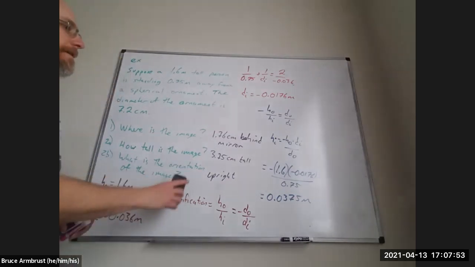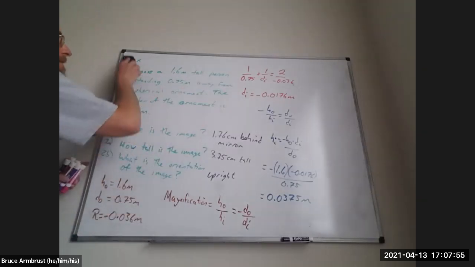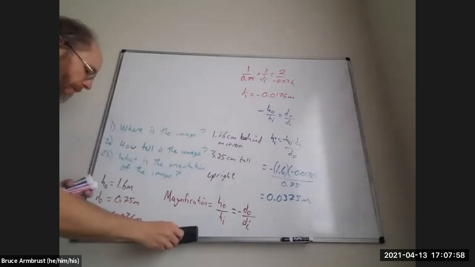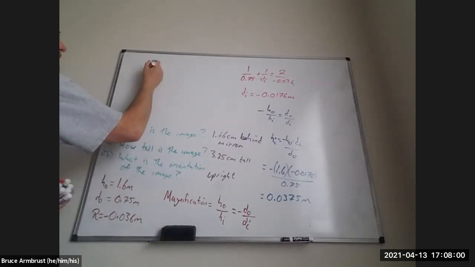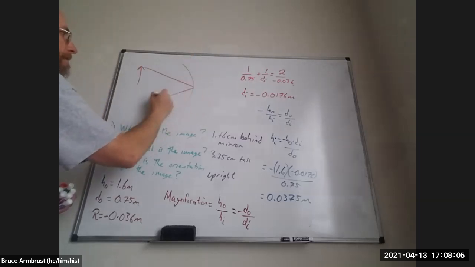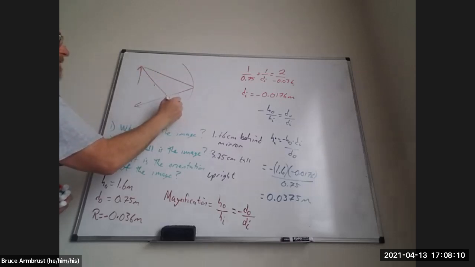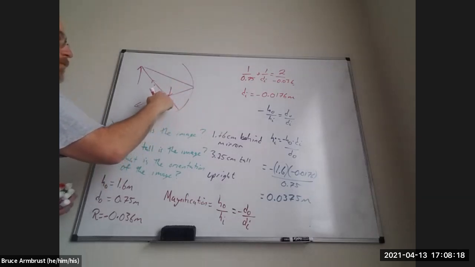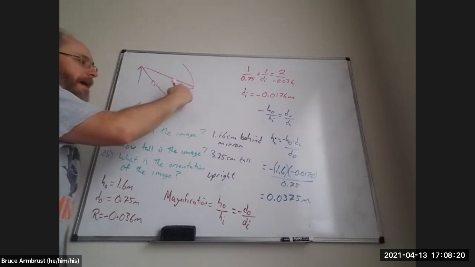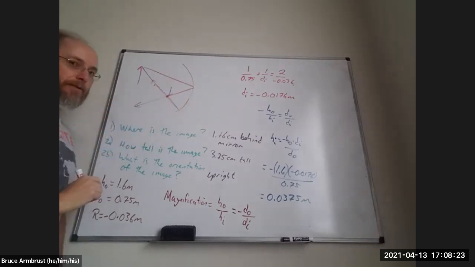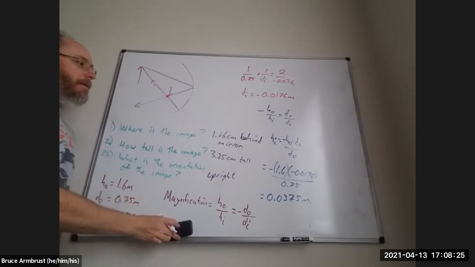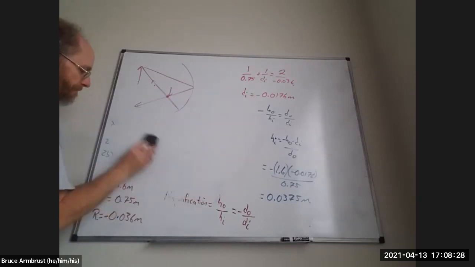So think back to the picture that I drew when we developed the equations. We had the one light ray, and here was our arrow. The one light ray came and bounced off. The other one went through the center and bounced off. And of course, we're looking for where they meet. But this thing is real because the light rays actually pass through it. If it was virtual,